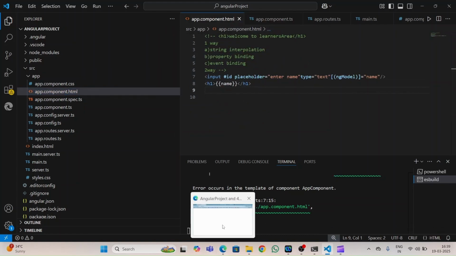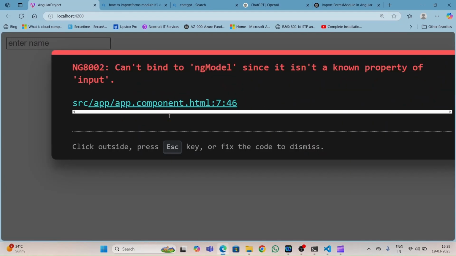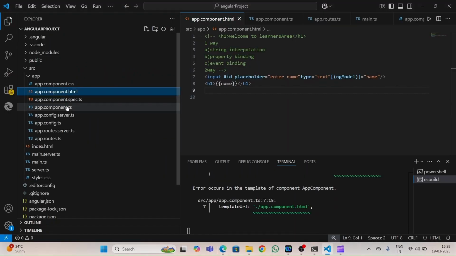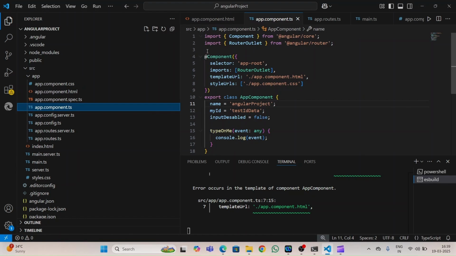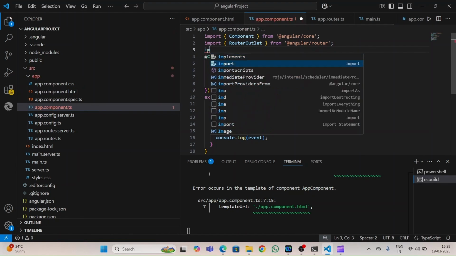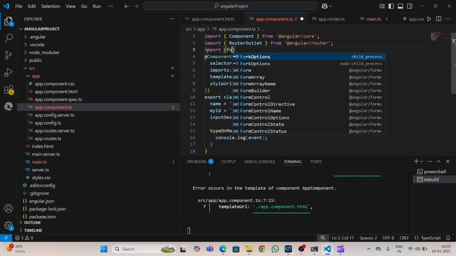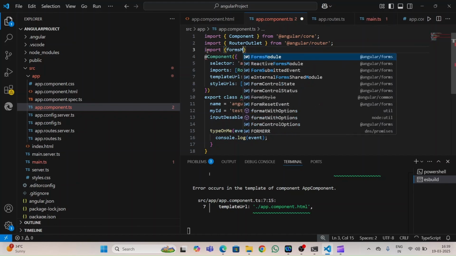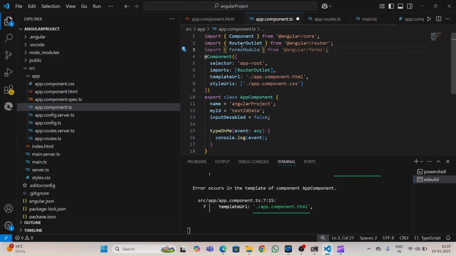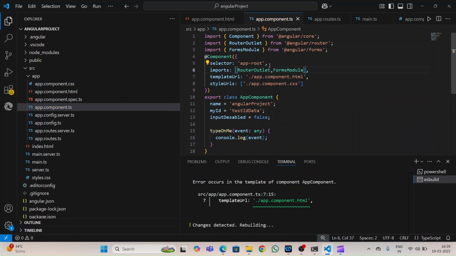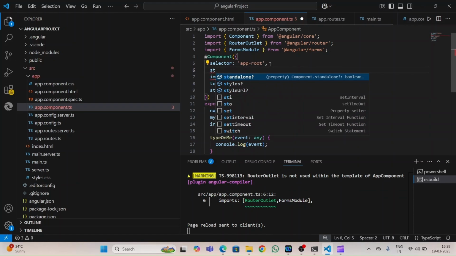So I can check. See here, one more issue is coming. Can't bind to ngModel, ngModel is not a known property. So we need to import the forms module. Import, and here also comma, forms module. Import is done, and these are standalone components, means we don't have